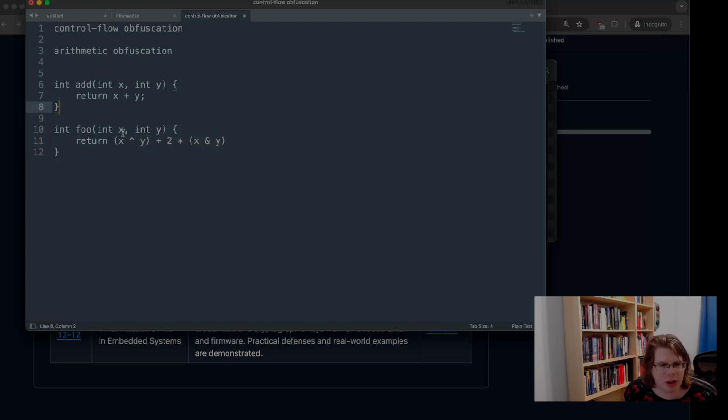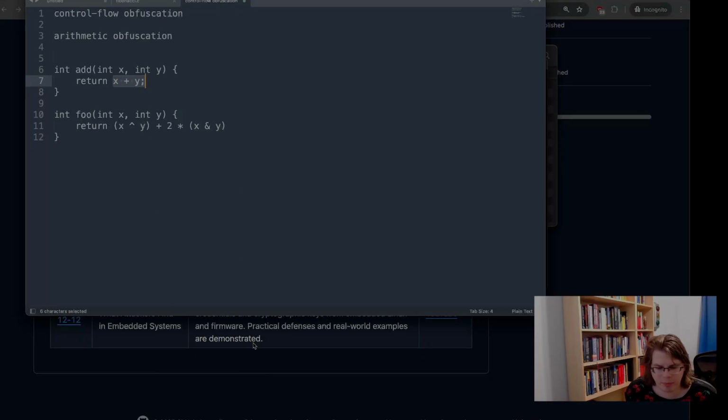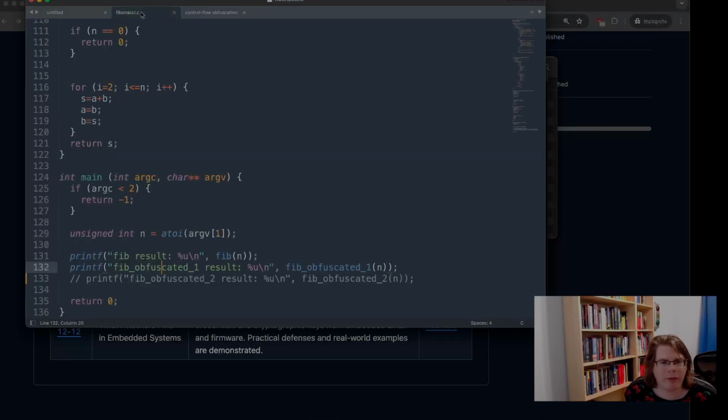No matter which input values we use for x and for y, it will always behave the same as x plus y. And this is called arithmetic obfuscation, where we basically hide simple assignments, simple arithmetic computations in large complex formulas. And going back to our Fibonacci case,